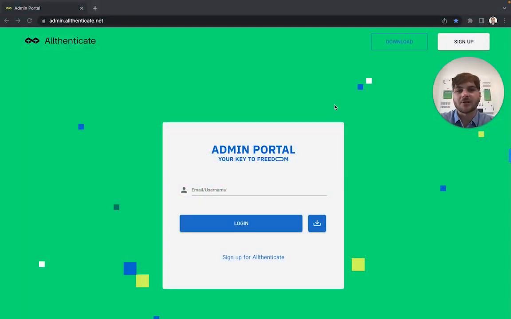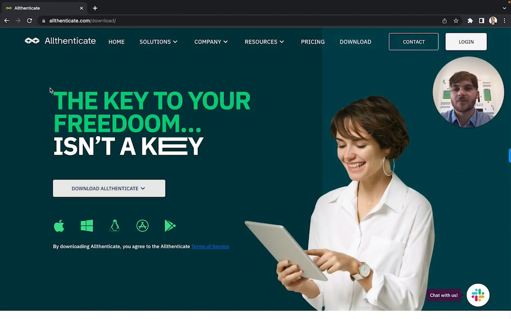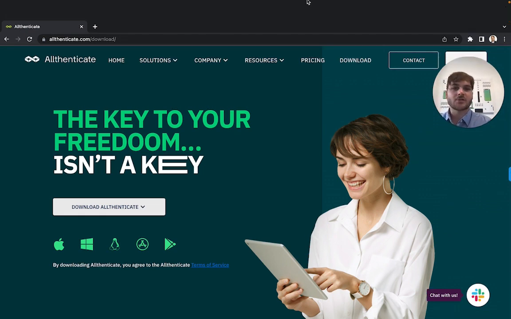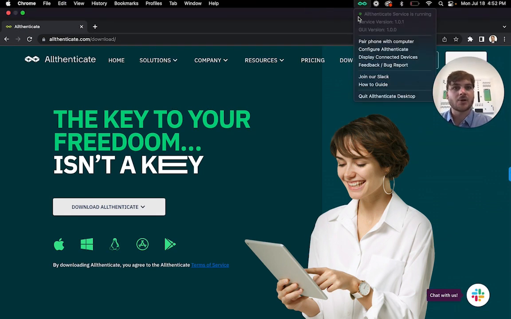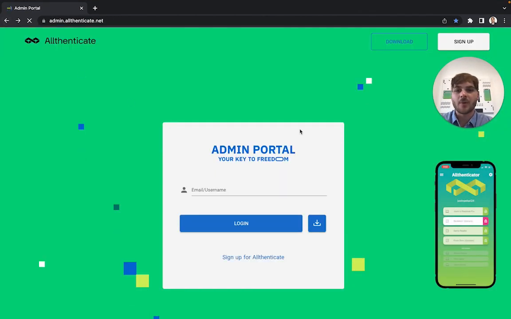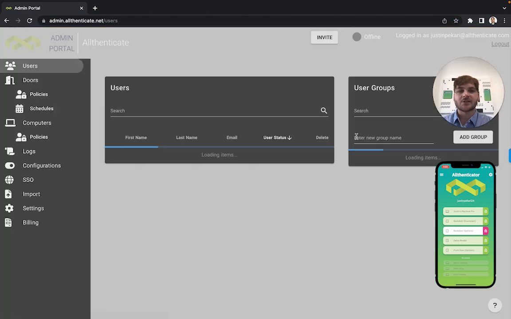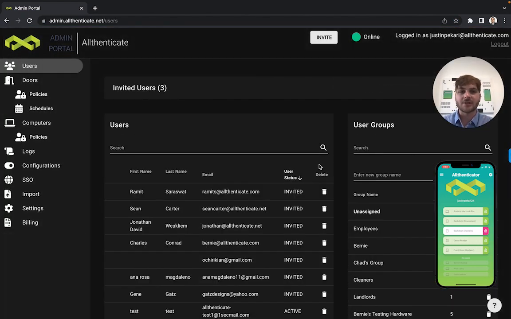Two ways to log into the Allthenticate admin portal. The first of which, you'll need the Allthenticate software downloaded on your computer, which you can find the link there. Now what we're going to do is make sure that the software is downloaded. Up here it shows that it's green and connected to our phone and ready to go. We'll go back and refresh the page here. And since the software is communicating with the Allthenticate app on our phone, it automatically logs us into the admin